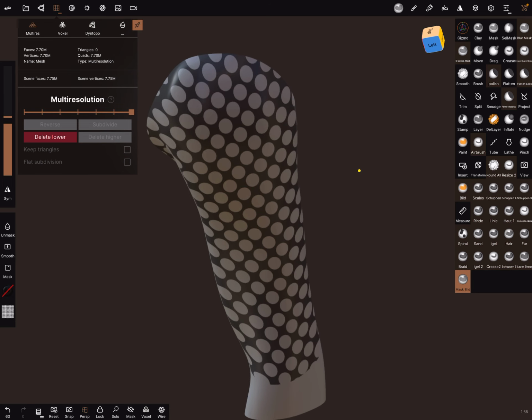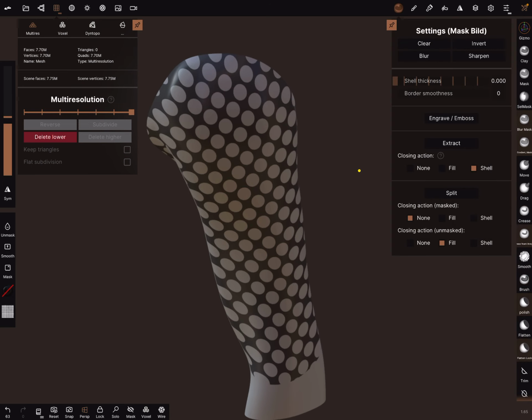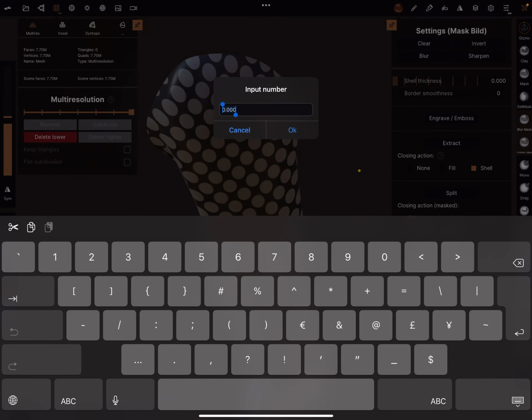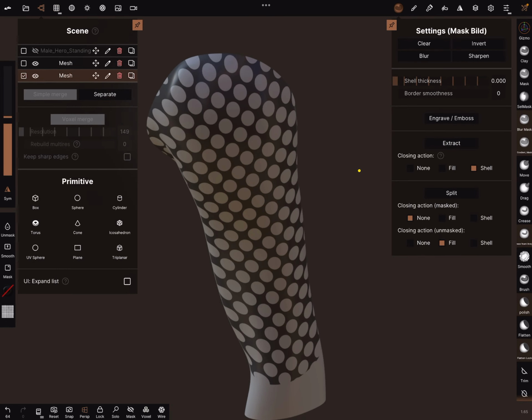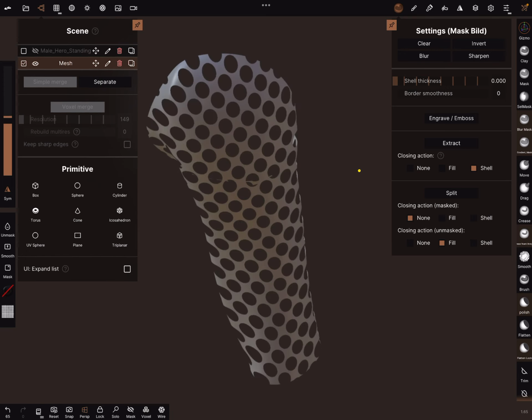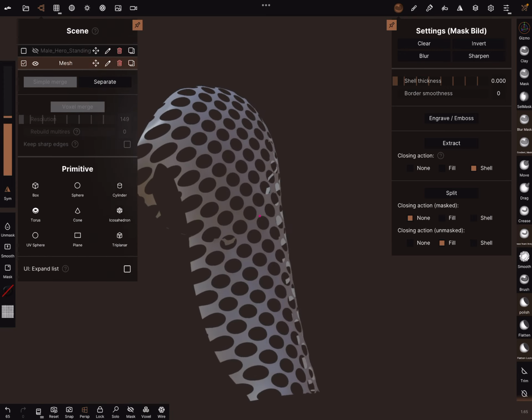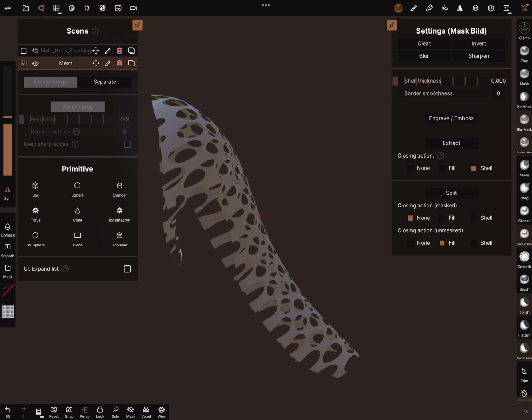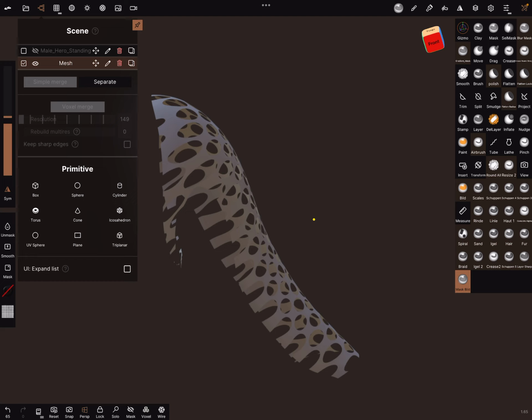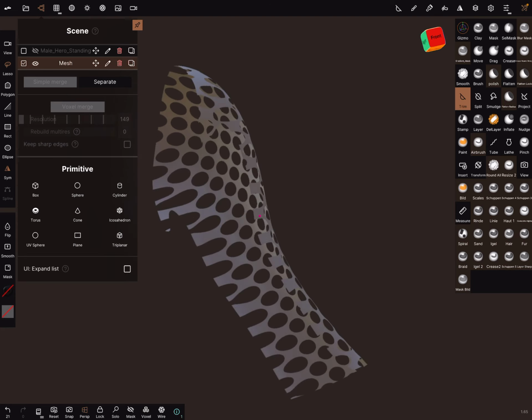And now use the mask and extract the mask with a shell thickness of 0. Extract. And now we can delete our mesh, what we don't need, and I trim this part away.